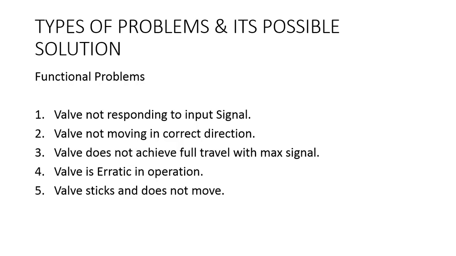There are two types of issues that we are going to discuss. One is the functional and the other is the operational problems. First, valve not responding to input signal. The reason could be the lack of power, so you better check the incoming power signal to the actuator and tubing. Power loss in the actuator is a possibility, so we need to check the electric wire for an electrical actuator. Loss of hydraulic fluid could be there for an electro-hydraulic actuator, and diaphragm failure or seal failure for a pneumatic actuator.